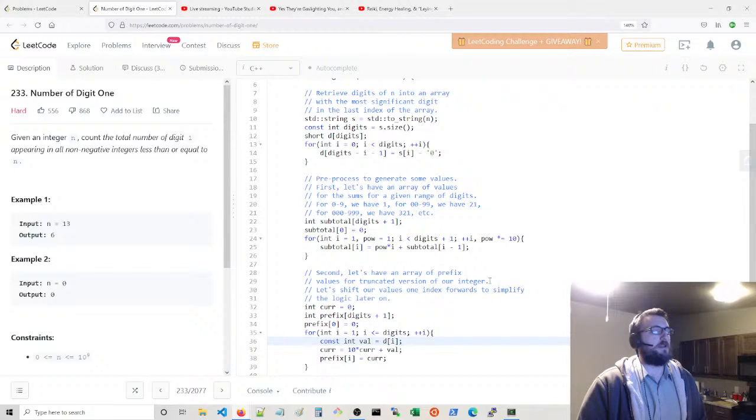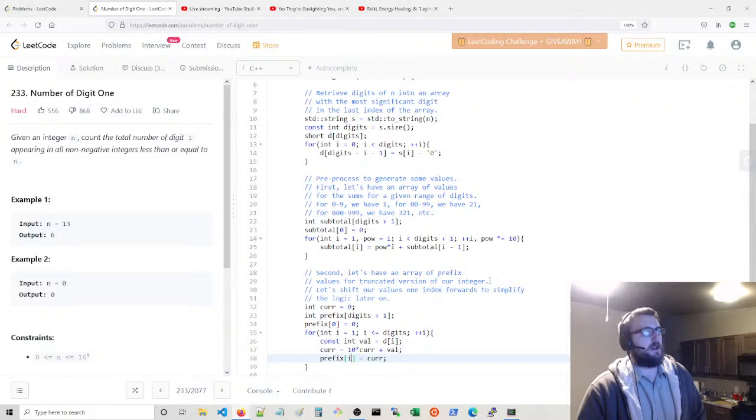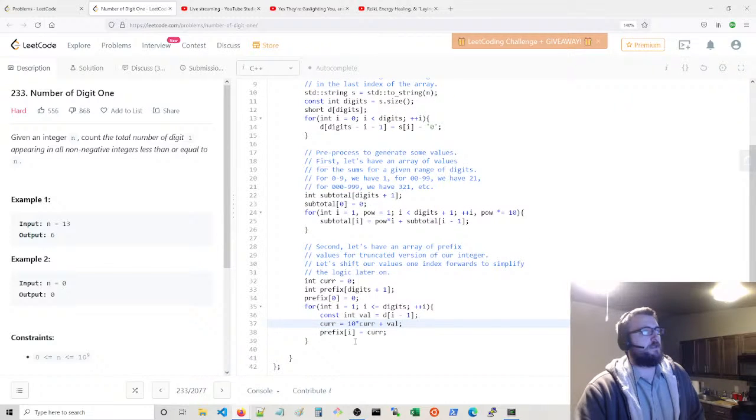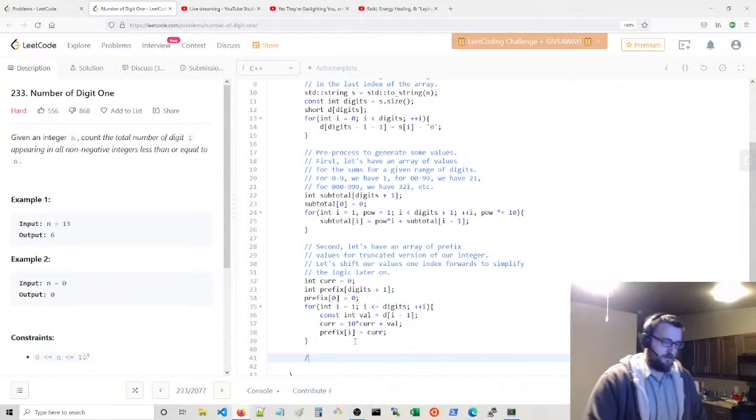And then we have prefix of I minus 1. So 0, yeah, prefix of I. Yeah, that's fine. This is actually going to be I minus 1 though. Right, so now,